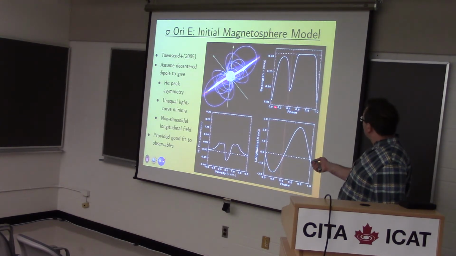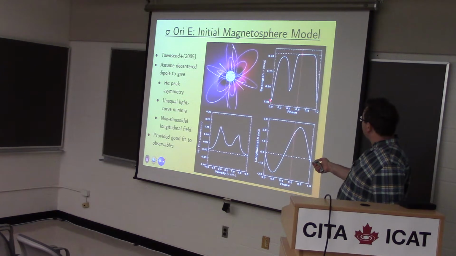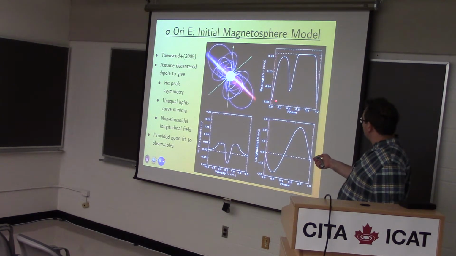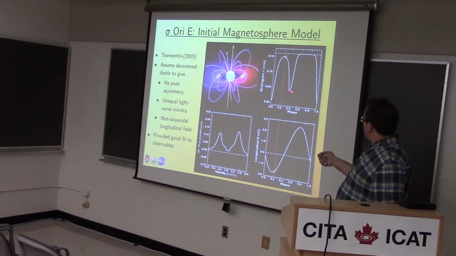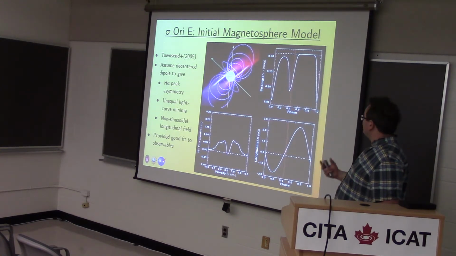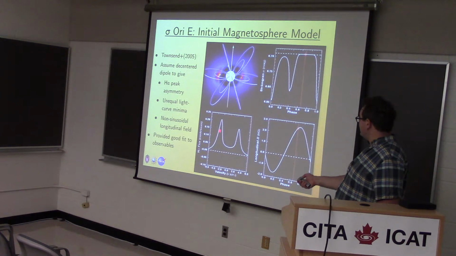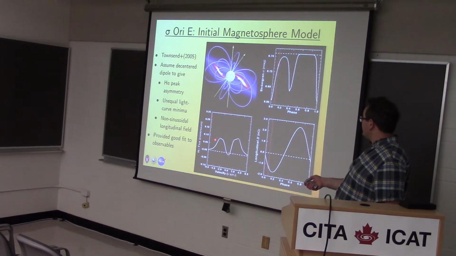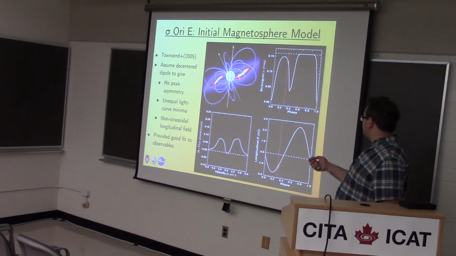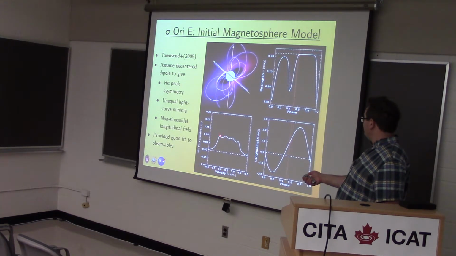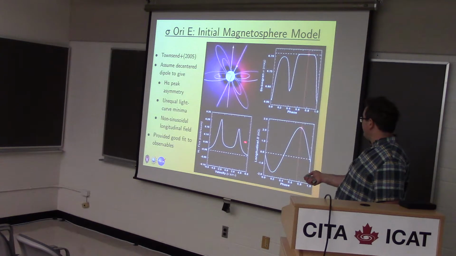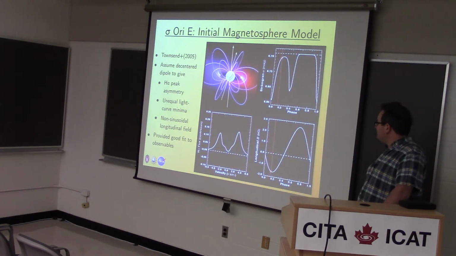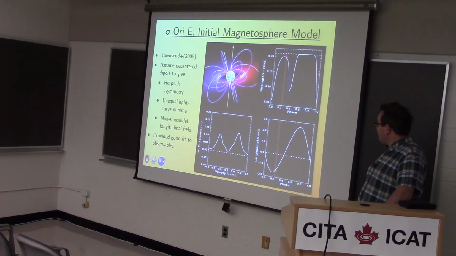So this is what the predicted light curve looks like, and you can see that we get dips in the brightness when material in the magnetosphere passes in front of the star. The minima are different because of this dipole offset, and likewise, this is what the H-alpha spectrum looks like. We see twin-peaked emission, and we see that the strength of the emission peaks, well, you'll see it in a moment when the bigger peak comes into view. On the blue side, it's quite a bit stronger than the red side. So how does this compare to observations? Does a pretty good job.